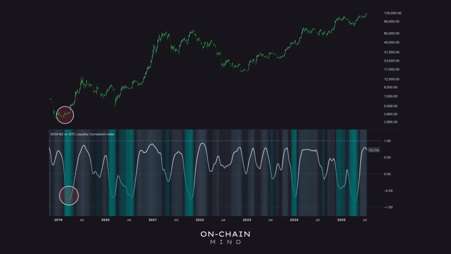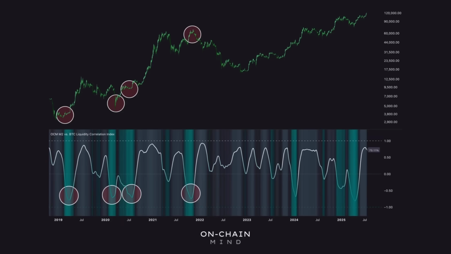Back in March 2019, Bitcoin's price dropped and stagnated while global liquidity was surging, which then led to some explosive price action shortly after. Then, in March 2020, we saw the next dip, driven by Bitcoin's crash during the COVID market collapse, which was followed by a sharp rebound straight afterwards. Shortly after that, the correlation dipped again, as global liquidity was being pumped heavily into the system, but Bitcoin remained stagnant once more. That was followed by the final parabolic rally.